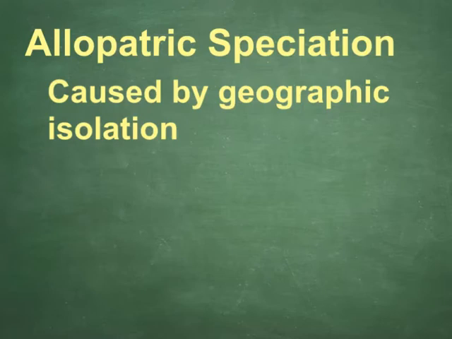The term allopatric actually means, allo means different, and patric means homeland or fatherland. And so it's implying that this is speciation that forms when two organisms become geographically separated into two different homelands. And they would perhaps be in very different environments that could put different selective pressure on them, leading to very different adaptations being fitter in the two different populations and eventually causing divergence to the extent that two new species